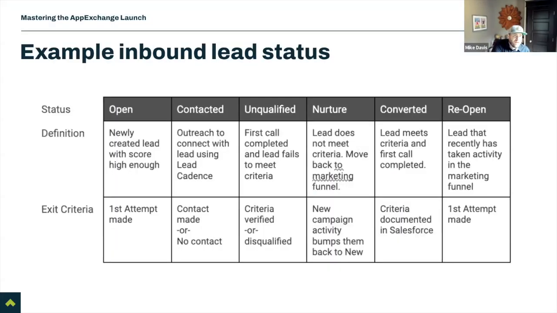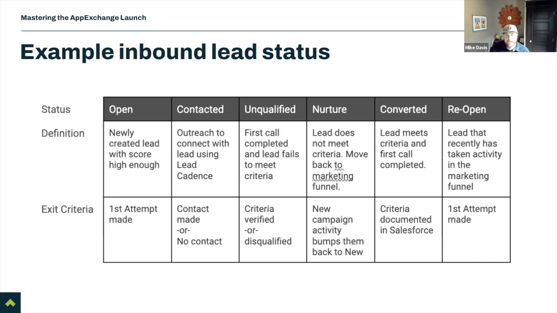And when you're thinking about your lead status, you want to start to build for success. So from the early days, start to put in measures and metrics, including things like lead status and first call conversion rates, so you know what's working when it's working, and you can lean into it. Things like open and converted are out of the box lead statuses in your PBO. But consider putting in unqualified, consider putting in nurture, consider putting in reopen, so that you can plan for lead